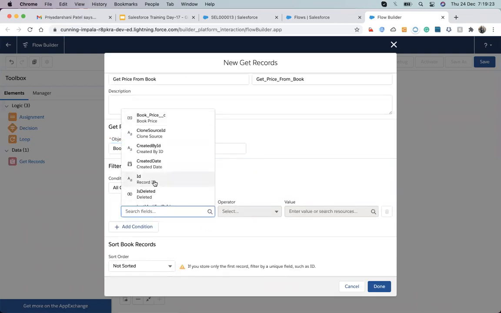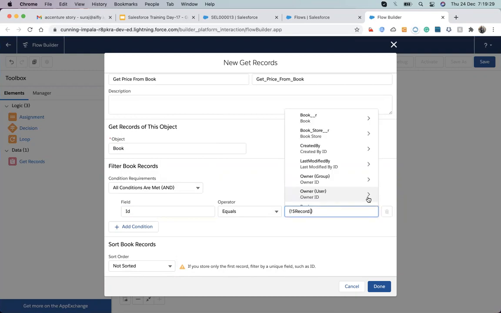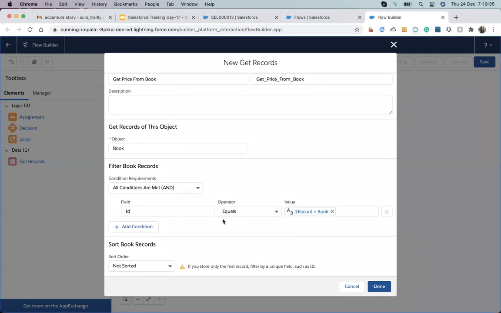and I will query where the ID is equal to our selling record dot book underscore c. So dollar record is the record which is coming into this process, and I'm querying a book record by matching this condition.